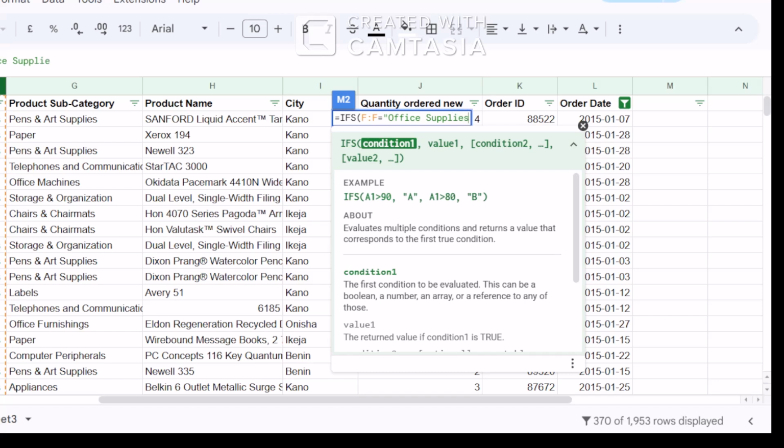I'm putting a quotation mark to let Google Sheets know that it is text. It is text because formulas and functions are customized for numbers, so any text you have to indicate by using a quotation mark at the top. Okay, so I'll just